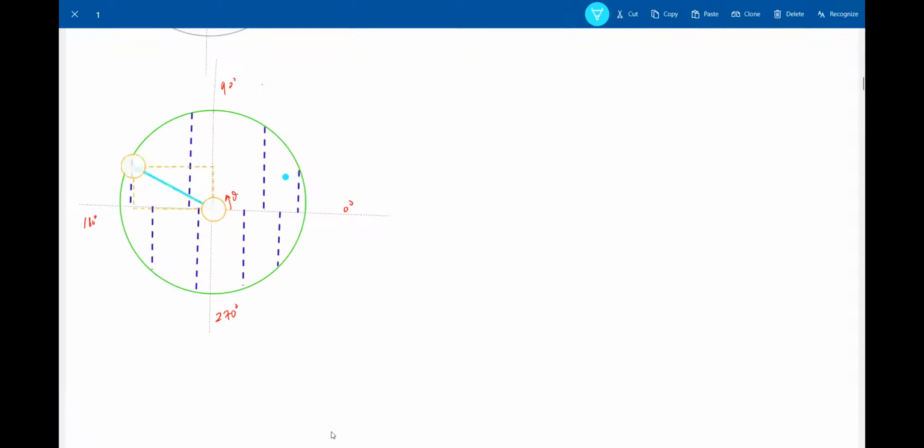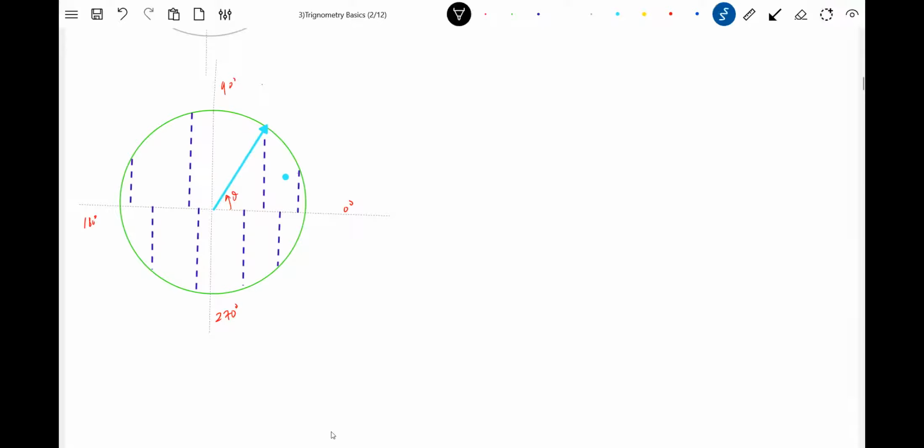As you vary theta, what will happen to the height of the triangle? How will it vary? So here, let's get into our calculation part. This is the y, shall we write it? And with theta, we are trying to plot. The maximum value is r. Now y is equal to r sine theta. Let me take r equal to 1, so that it will be easy for you to analyze. r equal to 1 unit, centimeter or whatever it may be. So y equals sine theta.